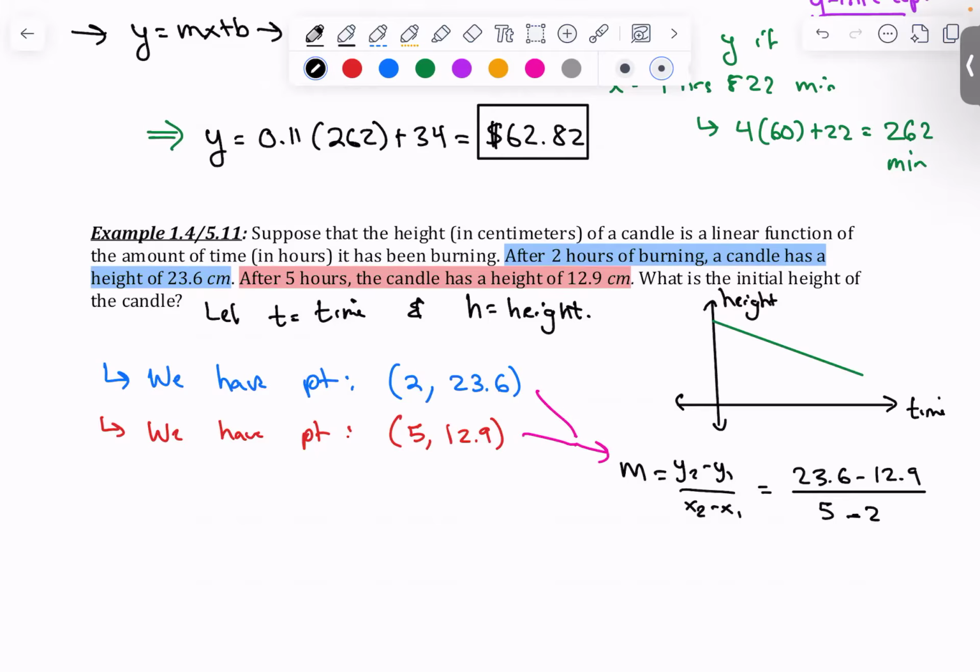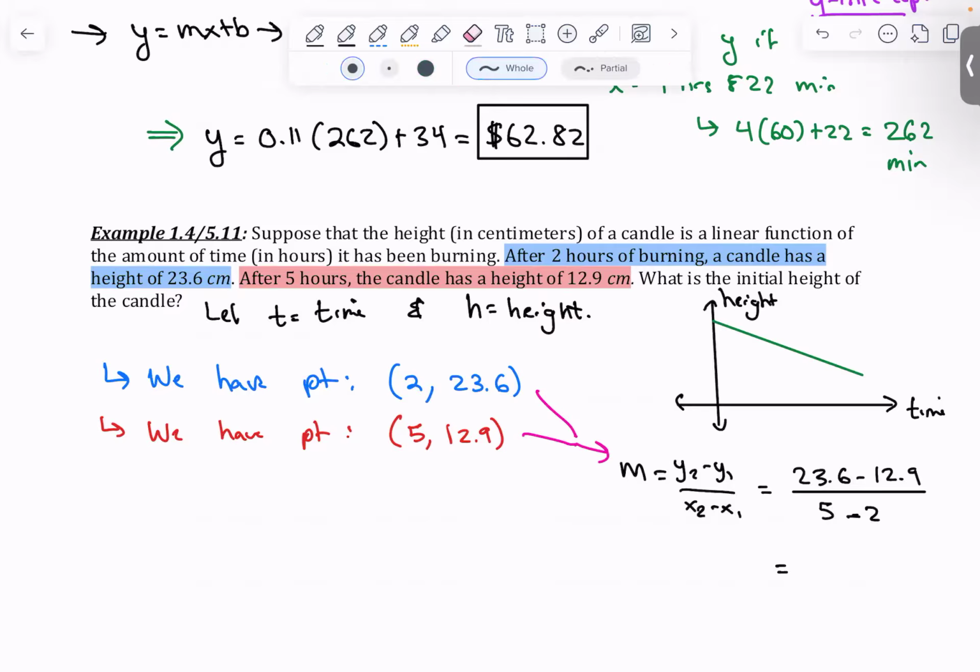You know that there's a difference of 23.6 minus 12.9. I don't know off the top of my head. It would be 10.1. No, 10.7. You know that it decreases by 10.7 over 3 hours, and that would be your rate. So you could do it without using math. But either way, it's going to be about